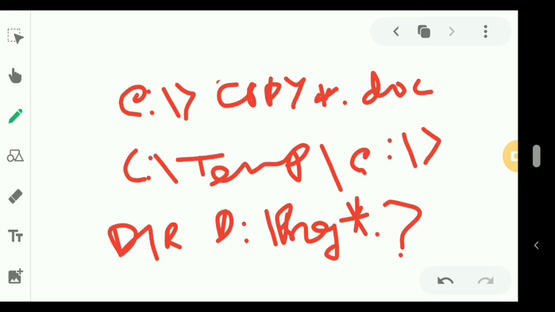So a single character, if you don't know it at that point of time, I can give the question mark. These are the examples of the wildcard character.